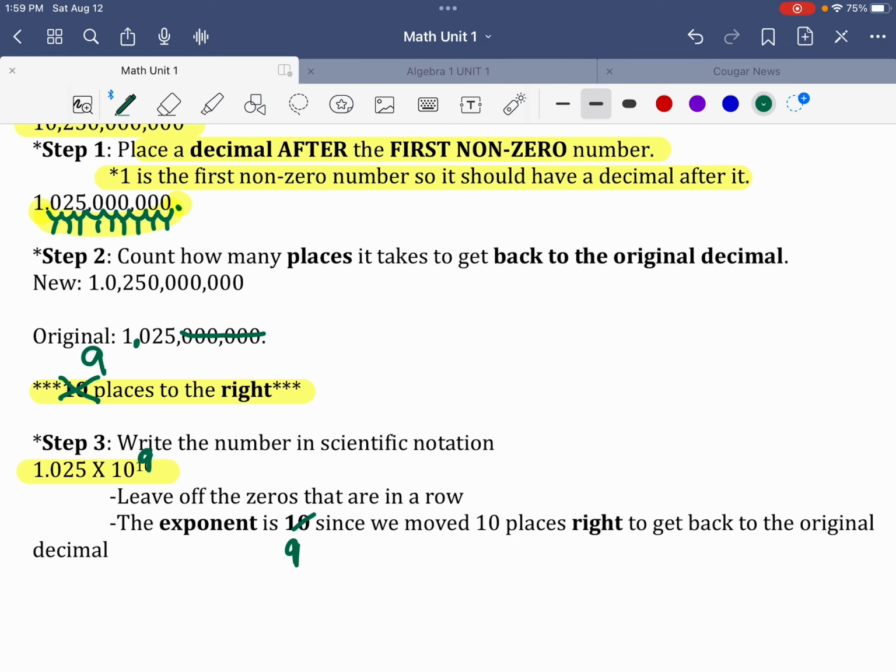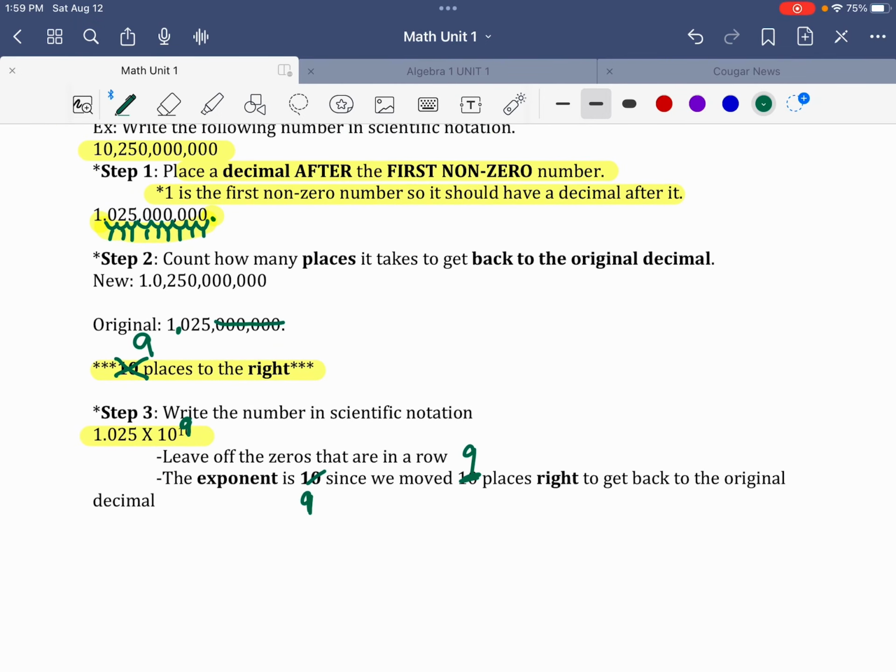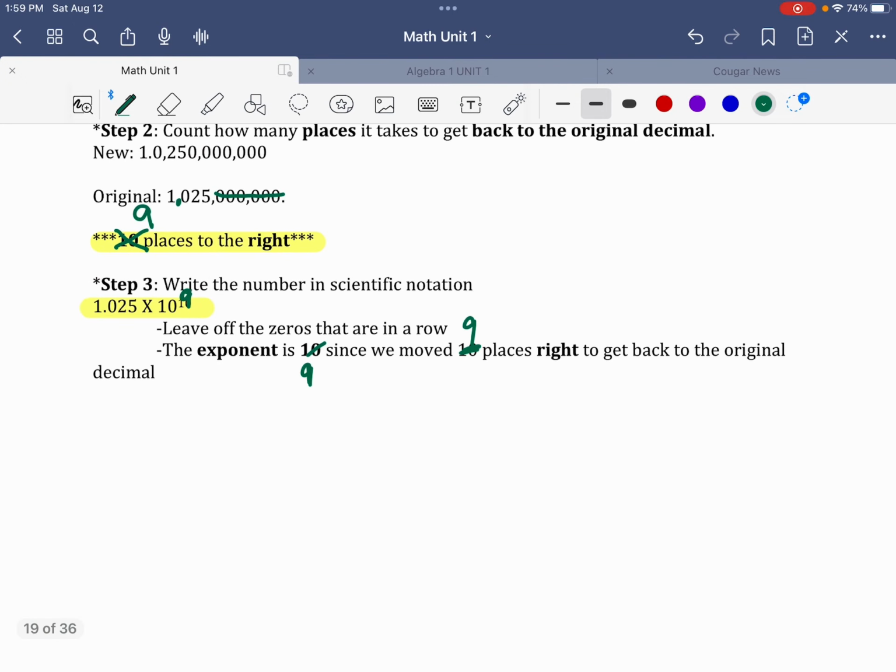Okay, so your exponent is always going to be the number of places that you move the decimal. So you don't have to guess what the exponent should be. You just count. How far did you move the decimal to make it a number between 1 and 10? And I want you to write that down here as part of step 1. Step 1 says put a decimal after the first non-zero number. The way I like to say it is to move the decimal, write this down,